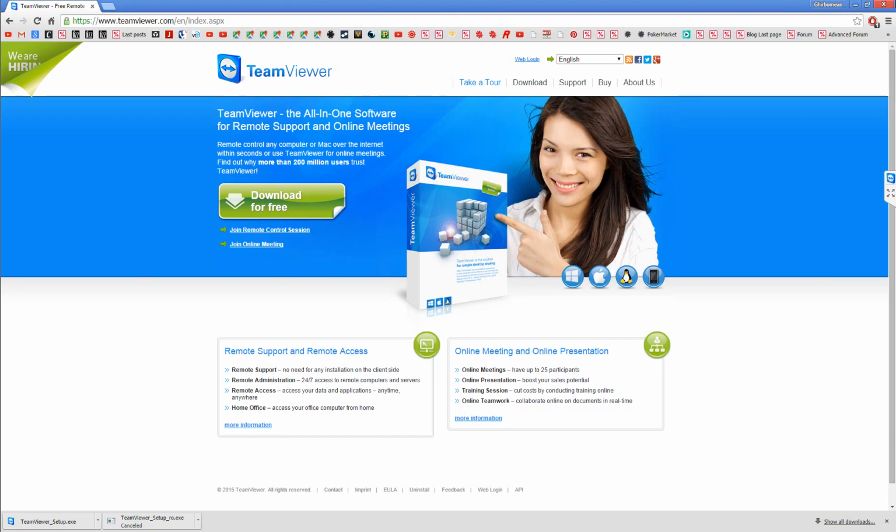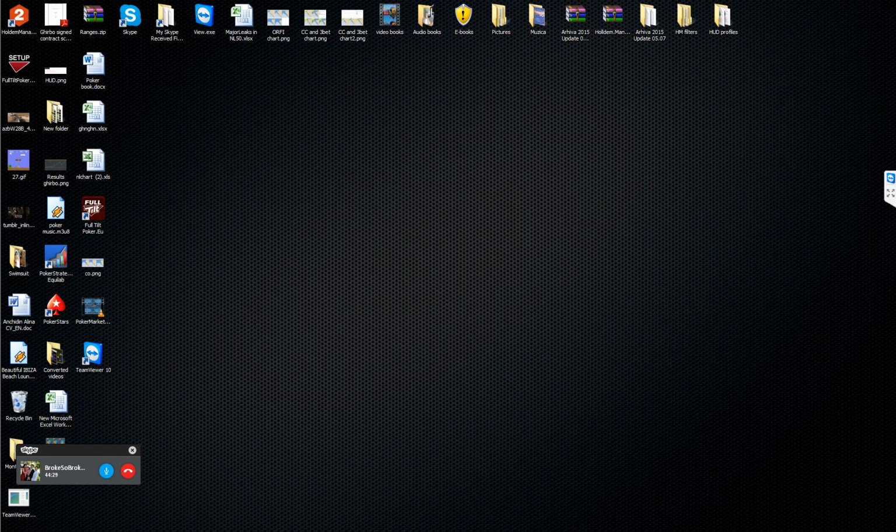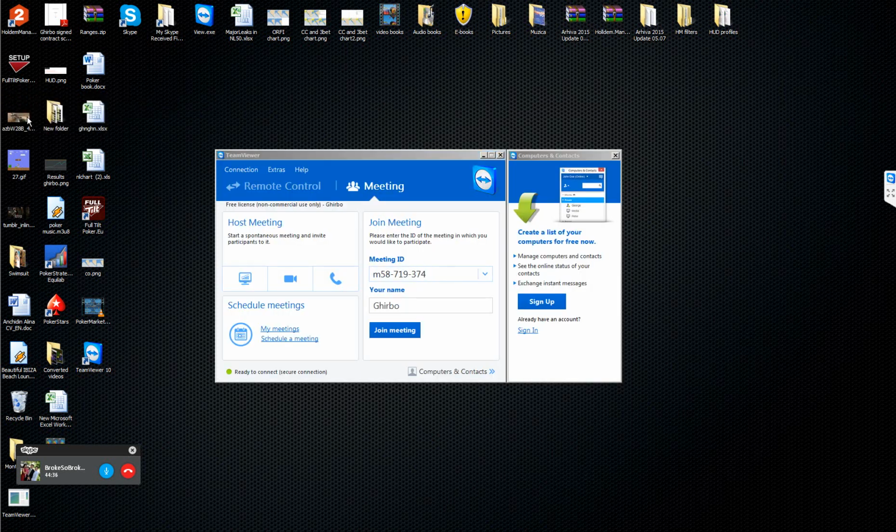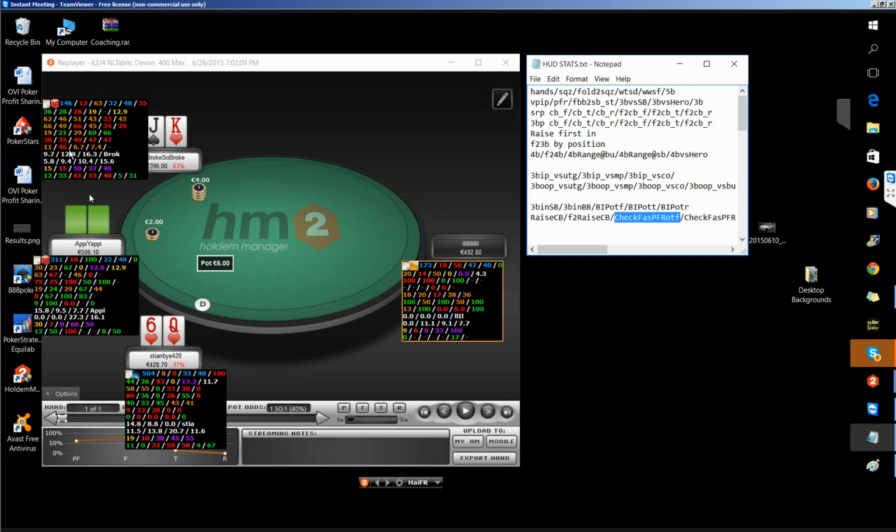How much they check fold on the turn, how much they check fold on the river. If they have initiative and they check fold. Yeah, those are self-explanatory. Donk and fold to donk. Okay, sounds good. Okay, so